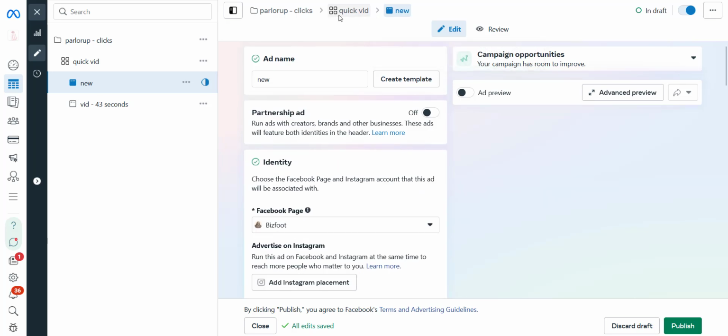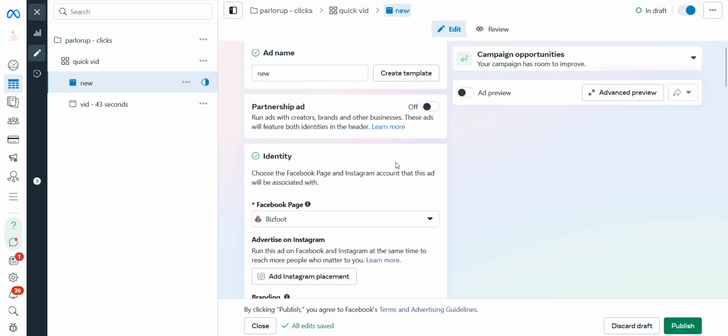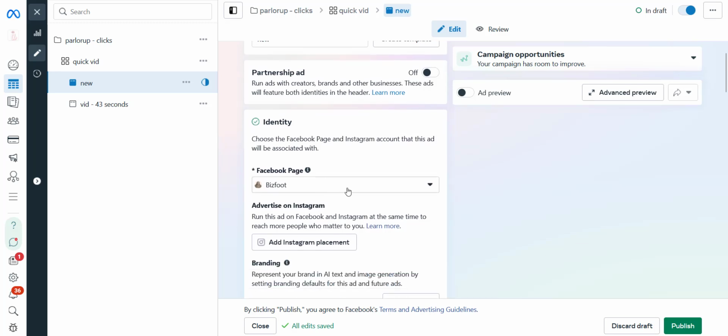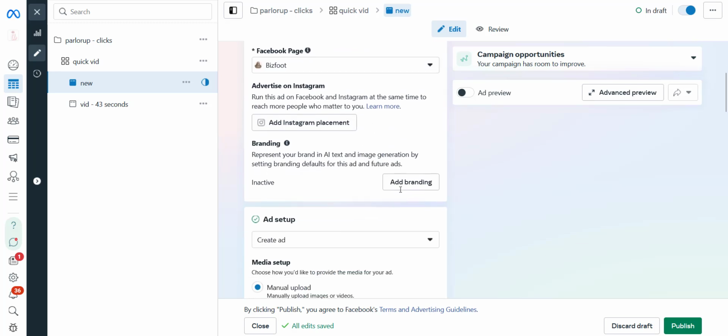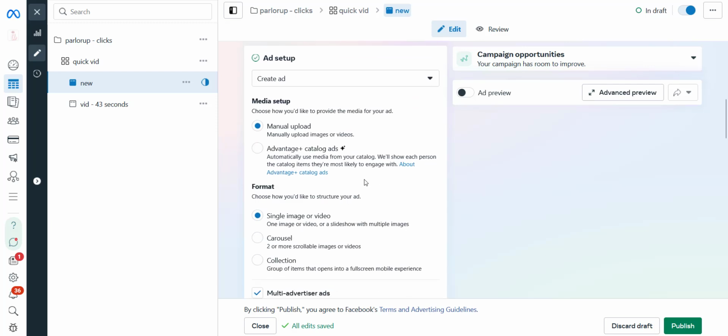So within the third part, we have the campaign, the ad set, and the ad unit. Within the ad unit here, we customize the actual ad. We have your Facebook page, us being the BizFoot, ad setup. This part, media setup, is actually an AI element here. Advantage catalog ads. If, for example, you're running ads to Shopify, you can upload your catalog within catalog settings, which is another part of your business manager,